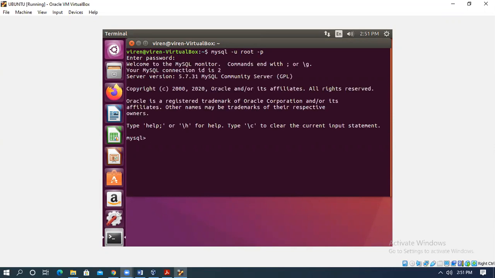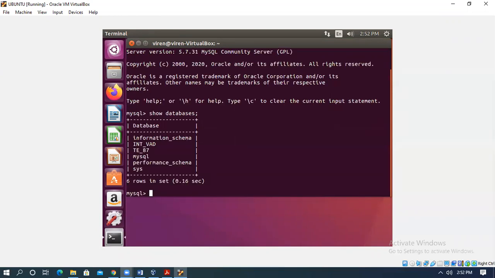That's it, we started MySQL. I want to check whether the database is created. Show databases; semicolon. Yes, last time we created int_vad as a database, and one more is TE87.